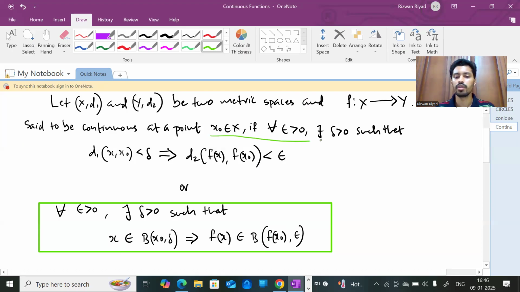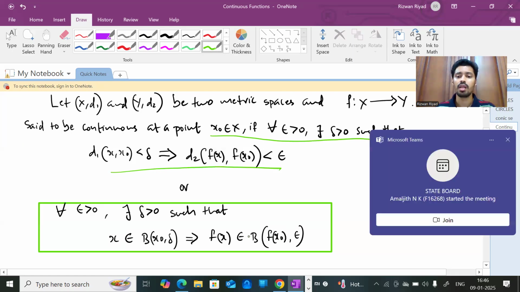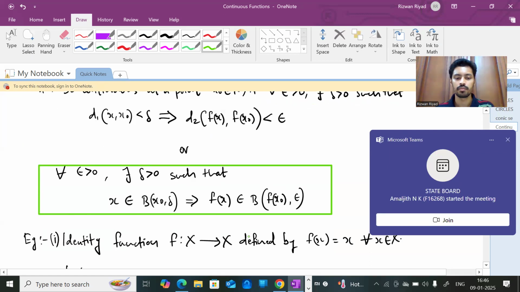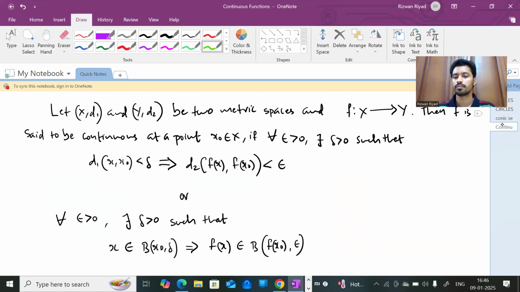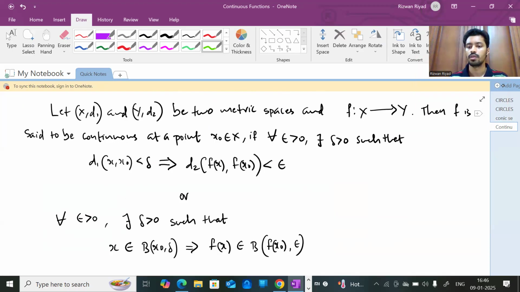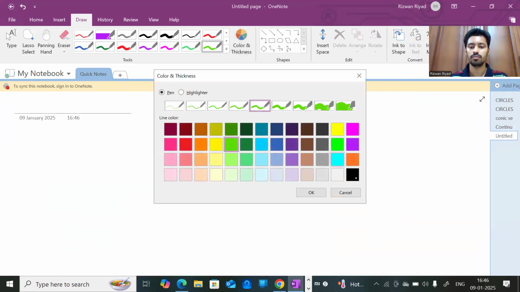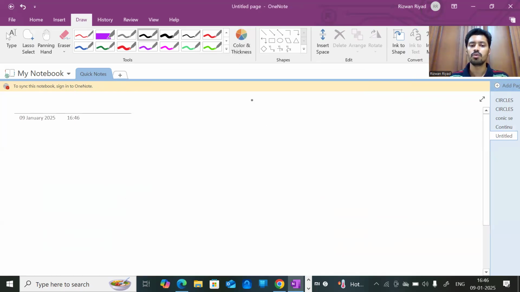We saw the first definition here, and this is the second one. Both are equivalent. Let's see how we can say that both are equivalent. I will show that. Let's take a new page. So the first definition says that,